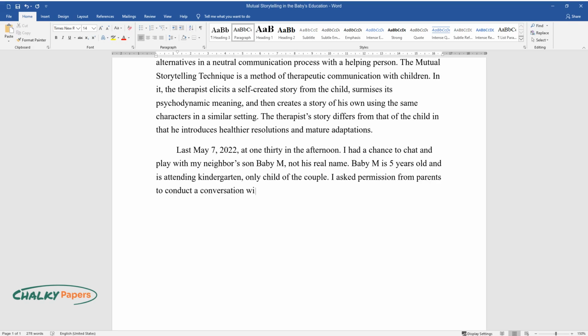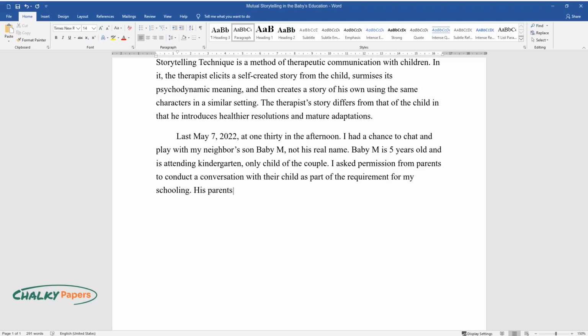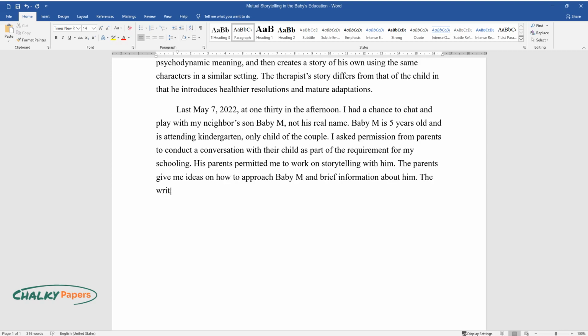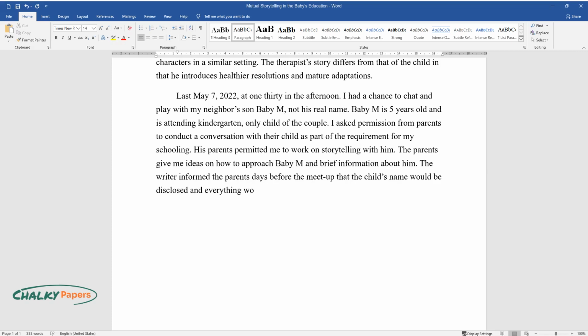I asked permission from the parents to conduct a conversation with their child as part of the requirement for my schooling. His parents permitted me to work on storytelling with him. The parents gave me ideas on how to approach Baby M and brief information about him. The writer informed the parents days before the meetup that the child's name would not be disclosed and everything would be